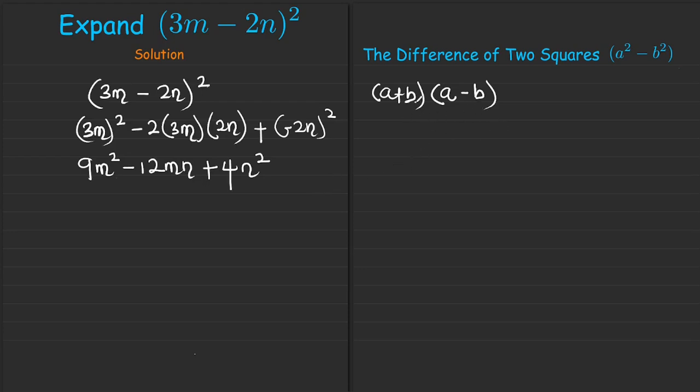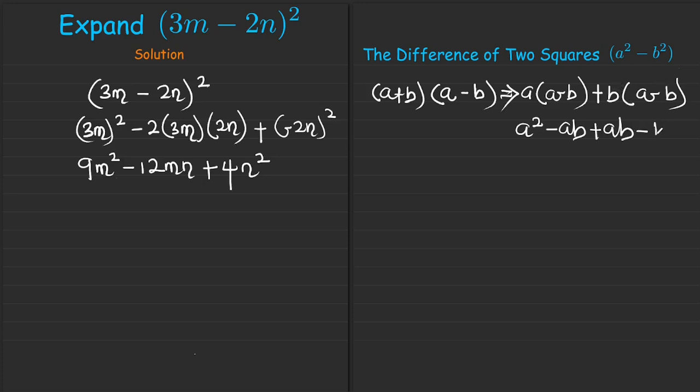Let's use the FOIL method to expand this. We have a into bracket a minus b, that is the a from this side, and then we also have the b from this side, giving us b into bracket a minus b. Simplifying further, a times a gives us a squared, a times negative b gives us negative ab, then positive b times a gives us a positive ab,